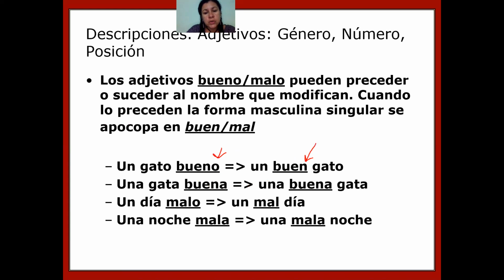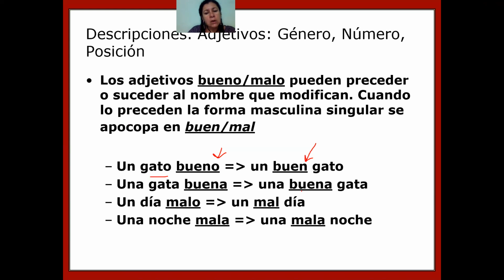What happens when you do such a thing is that you, as a speaker, put the emphasis on how you want to describe that noun, in this case, cat. If I say un gato bueno, it's the same cat, but in this version, for me it is very good, and I put more emphasis on the adjective itself than on the cat, on the quality itself than on the cat itself. It's my subjective position as a speaker that makes that change.